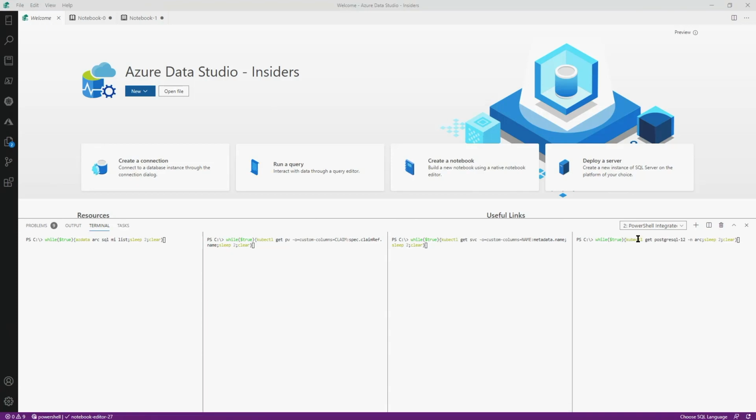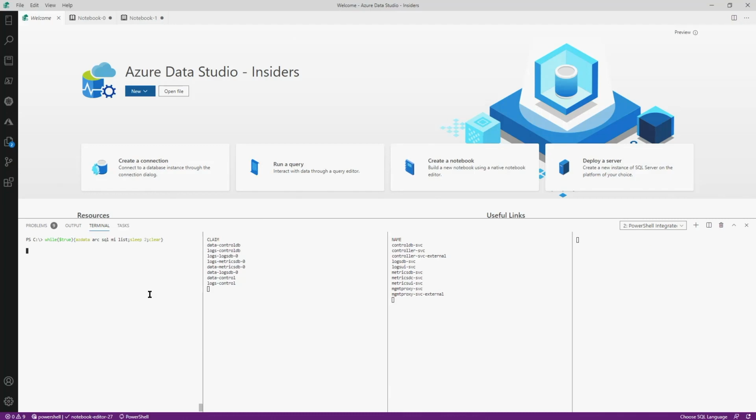And then over here, we have an interesting command, which is we're using kubectl, which is a native Kubernetes tool, but we're getting PostgreSQL 12 instances. So this is a custom resource definition that we've extended the Kubernetes data model with to help us manage our PostgreSQL instances inside of Kubernetes. So let's go ahead and kick all these off now so we can keep an eye on what's going on. And you'll see here that we currently have no SQL managed instances deployed in this